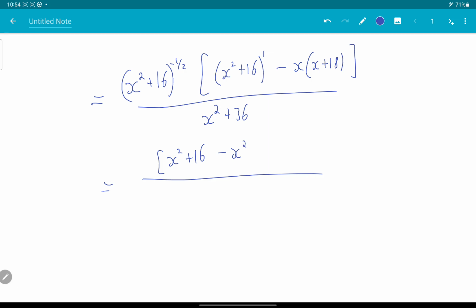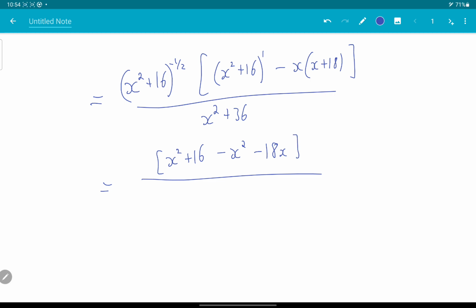Minus x squared minus 18x, all over x squared plus 36. And I'm also going to bring this down to the denominator, to the 1/2, and then I get,